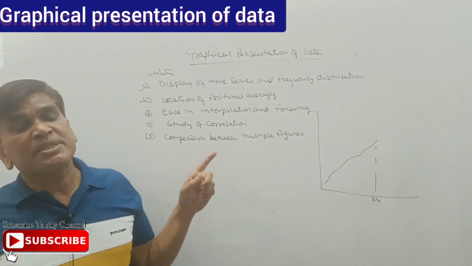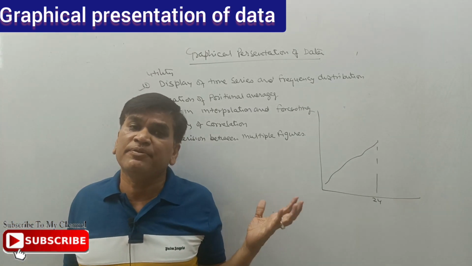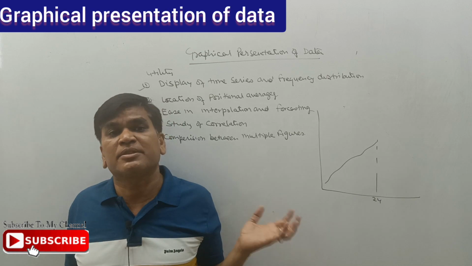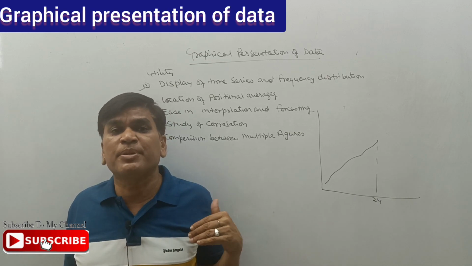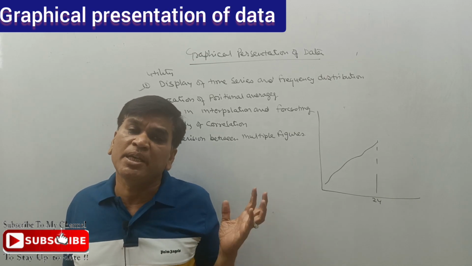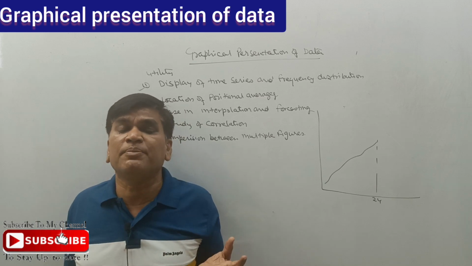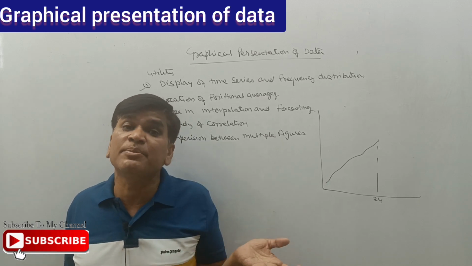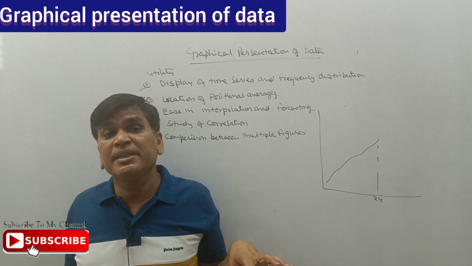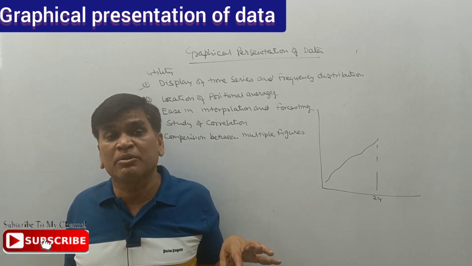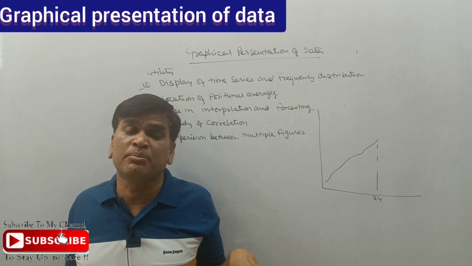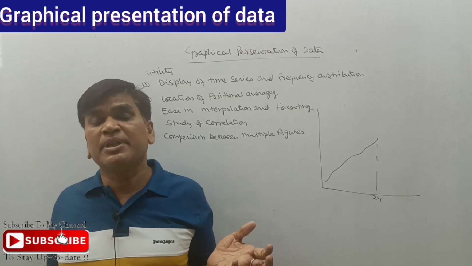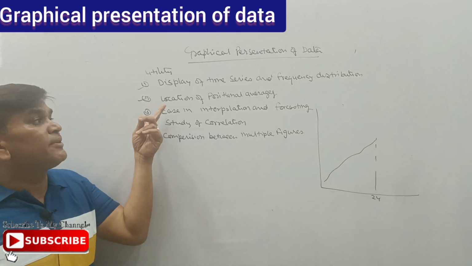All these positional averages can be calculated with the graphical presentation over there. Suppose firstly we draw a cumulative frequency curve on the graph, and with the help of this, very accurately, as in mathematics, we are getting the data of Q1, Q3, quartile first, quartile second, median. Similarly, with the help of the graph paper also we can find the positional averages.